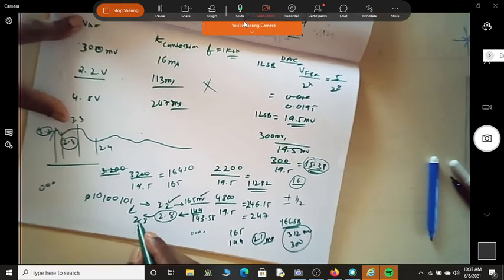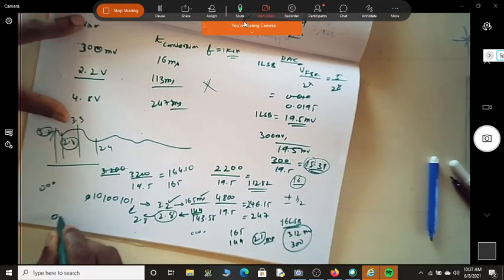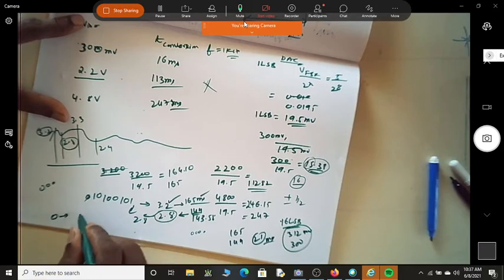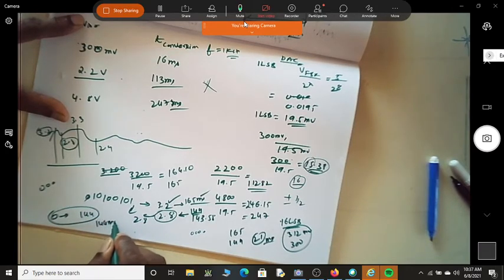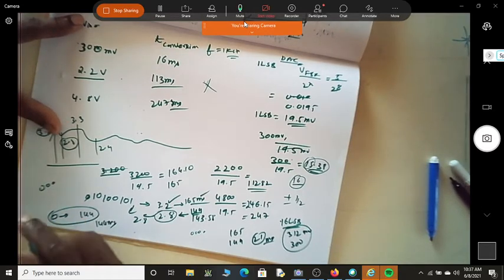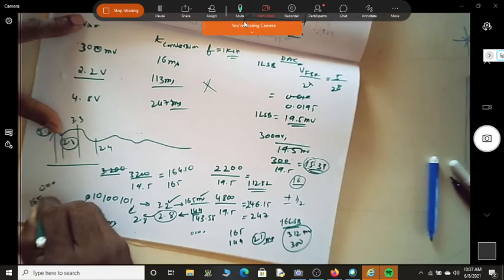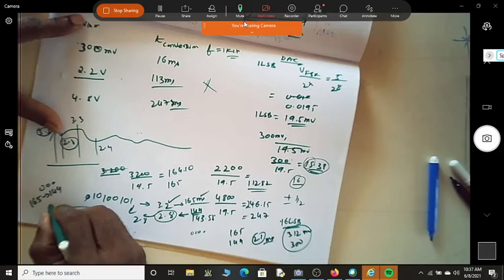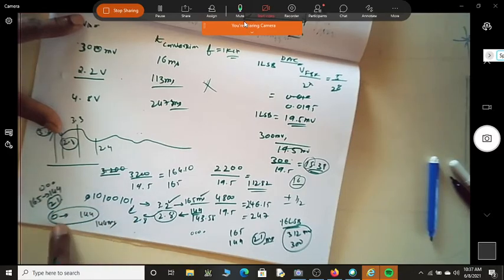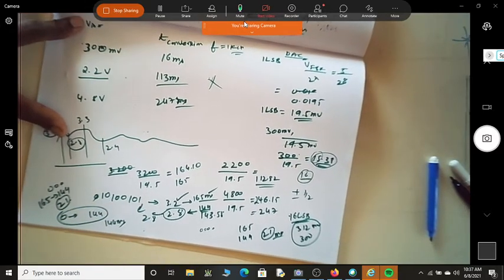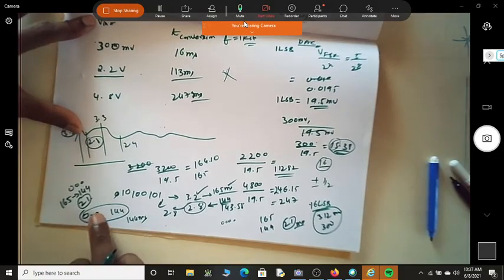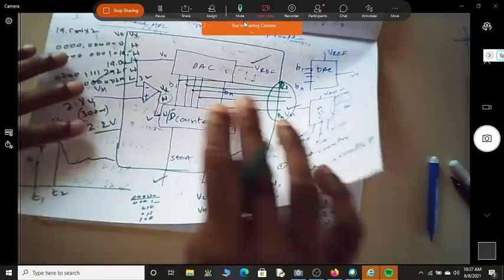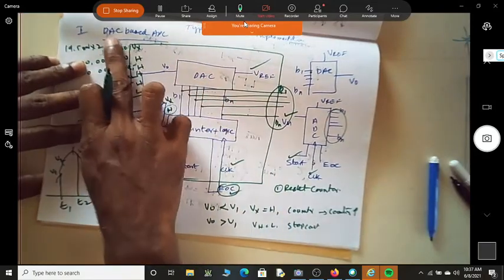See now, if it was starting from scratch from 0 to 144, it would have taken 144 milliseconds. Correct? Yes, sir. Instead of going from 0 to 144, you come down from 165 to 144. Do you require hardly 21 cycles rather than 144 cycles? Yes, sir. This is one of the possibilities of improving the conversion time of DAC-based ADCs.